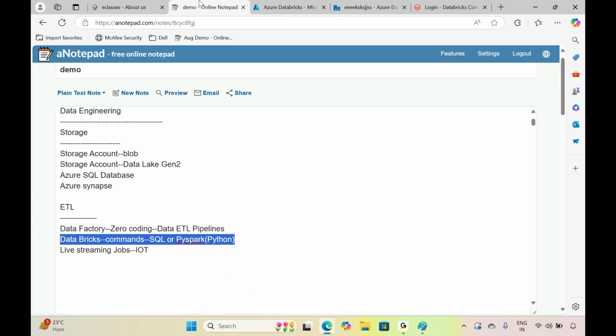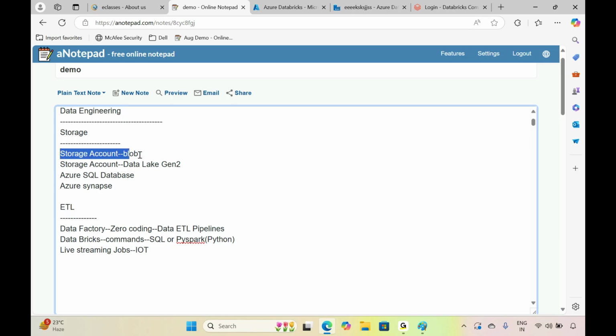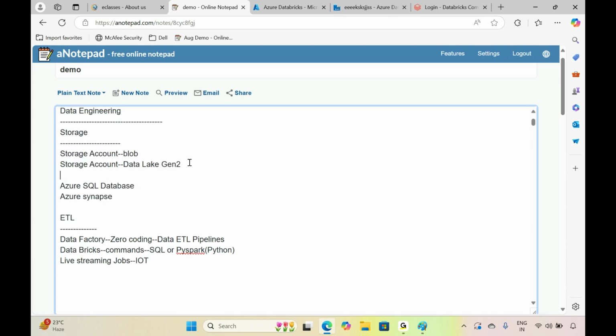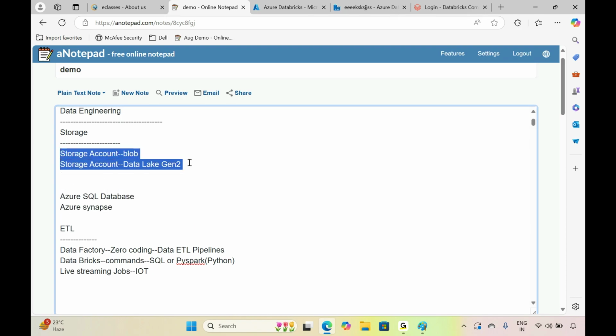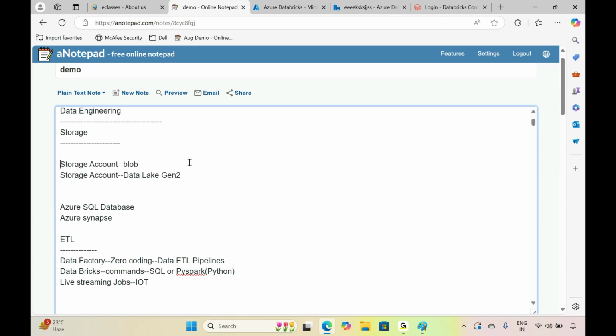What are the services available for storage purpose? We have a storage account blob, storage account data lake gen 2, Azure SQL database, Azure Synapse. These first two services we are going to use to store the data in terms of files. For example, you have data in terms of files.